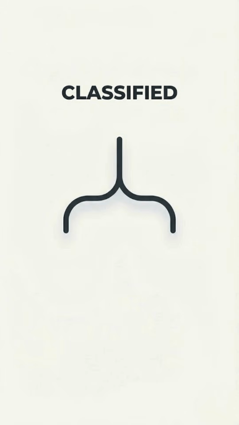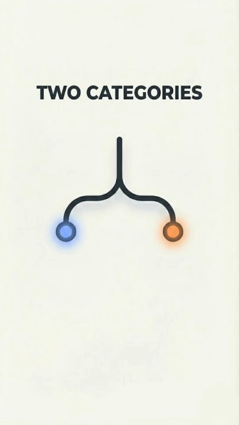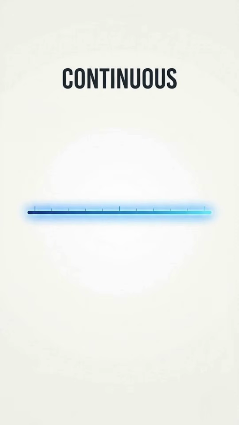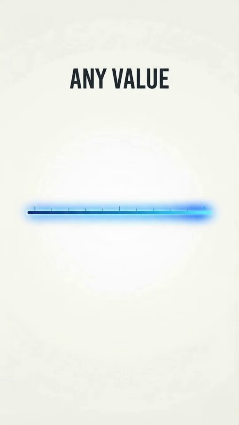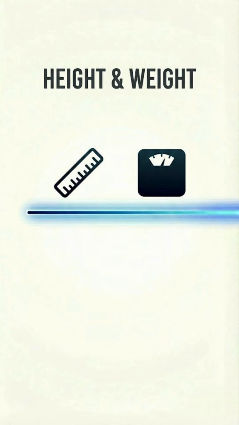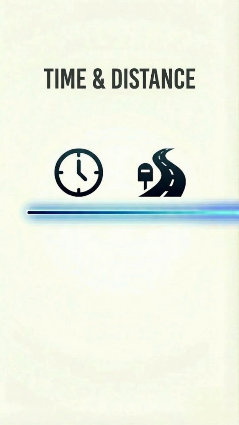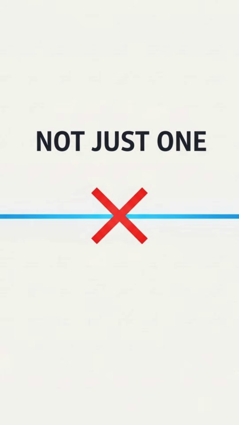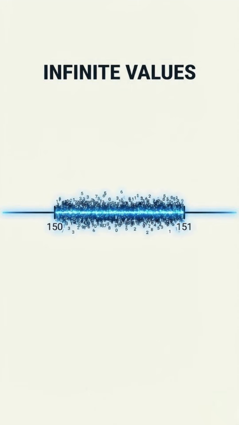Now, variables are broadly classified into two categories: continuous variables and discrete variables. First, continuous variables. A continuous variable can take any value within a given range, not just whole numbers, but also fractions and decimals. There are no gaps between possible values. Height is continuous. Weight is continuous. Time is continuous. Distance is continuous. Between 150 centimeters and 151 centimeters, there are not just one or two values. There are infinite possible values: